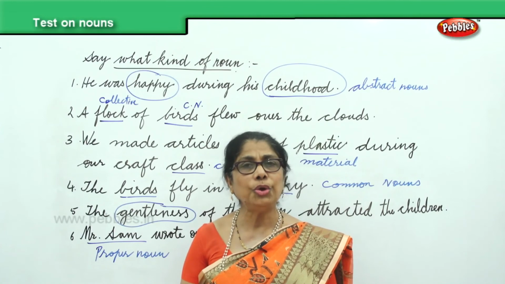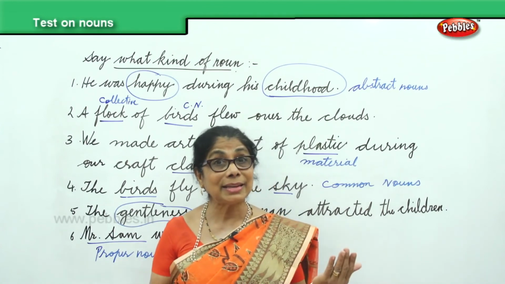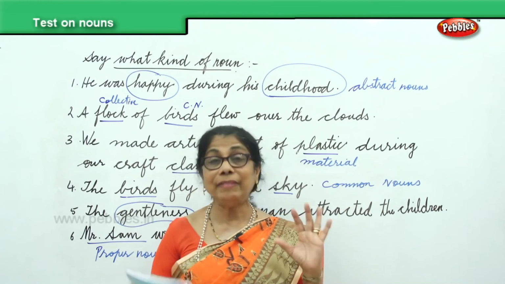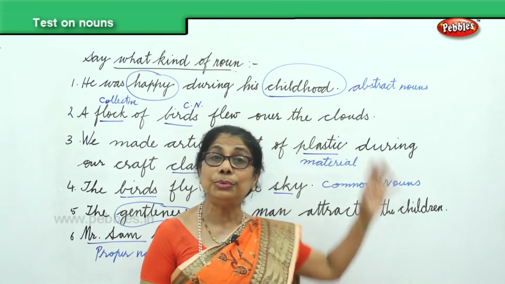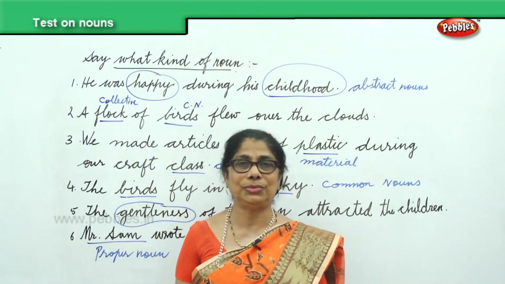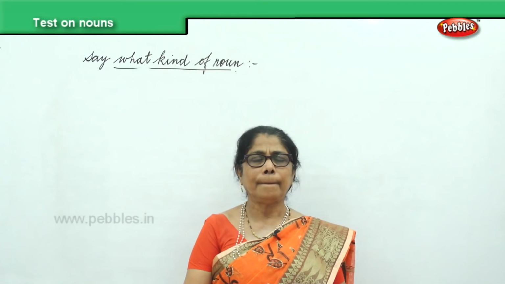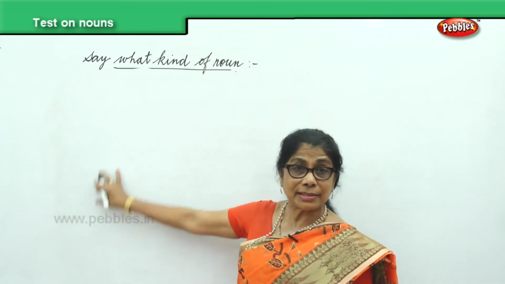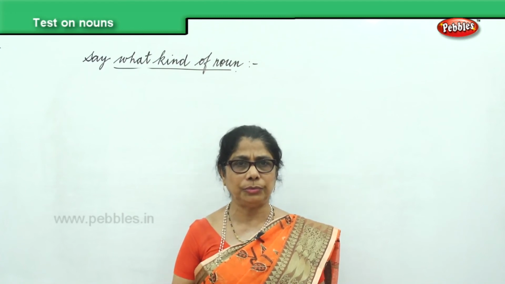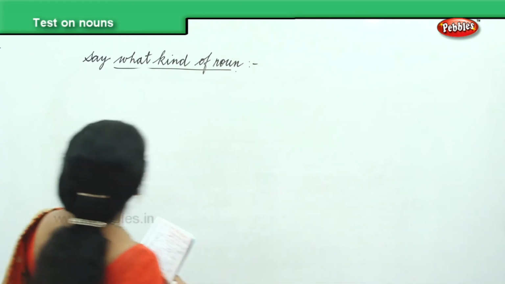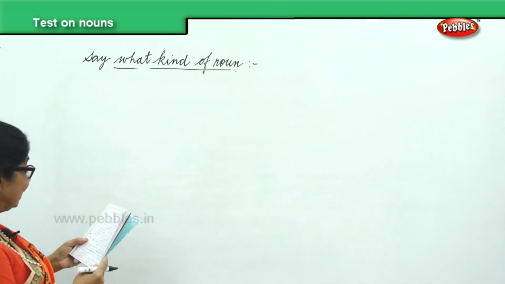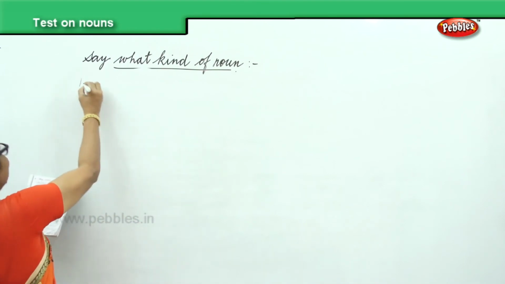As I told you, we will do exercises, then easy for you to pick out and say what it is. I will do one more exercise for you so that you can identify the kinds of nouns. We are going to do a few more exercises for you to identify different kinds of nouns. Okay? We are going to say what kind of noun we have in these sentences. The first I have here is